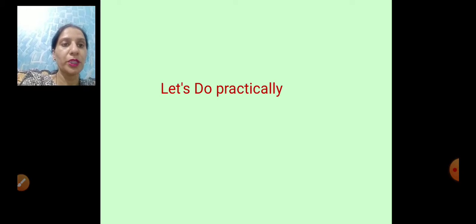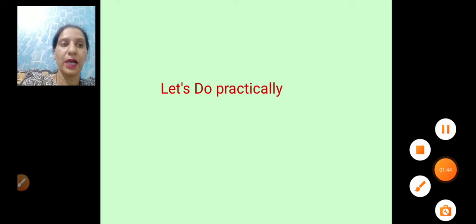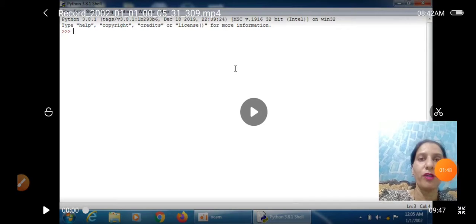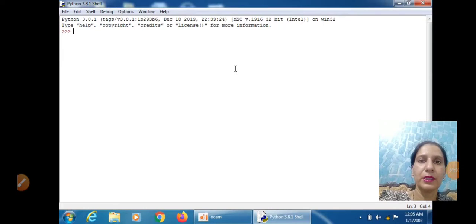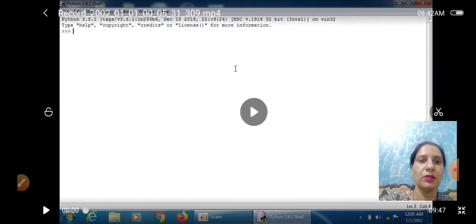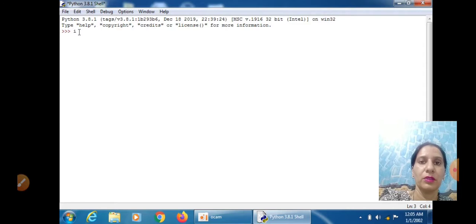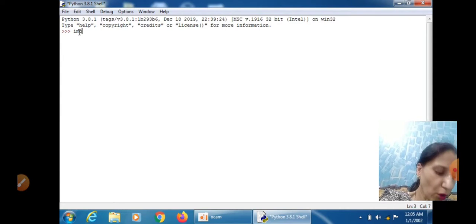Now let's do this practically in Python IDLE. First of all, open Python IDLE and open the shell in Python interactive mode. First, create a directory by writing import os.